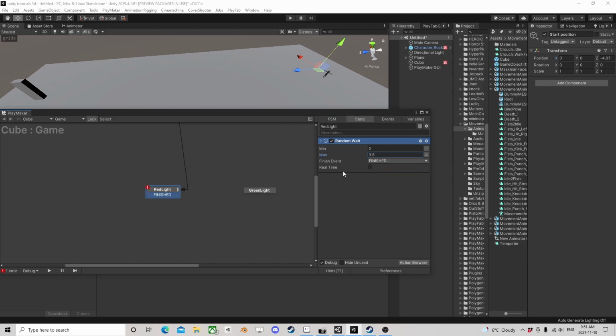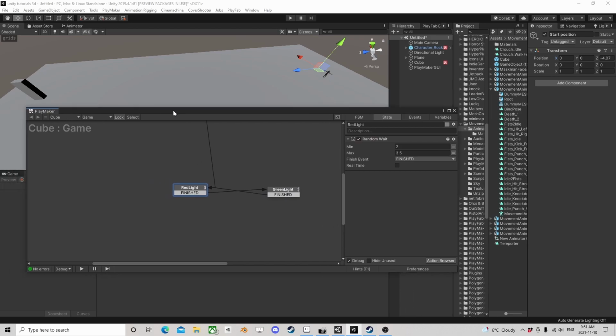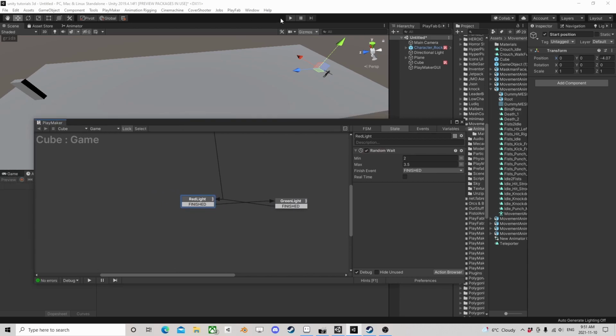I'll call that a finish. And then we can just go over to green light. And then green light, we can come back and just come back over here. Right? Now, obviously, there's certain things we want to do in there, but just that simple logic, we should now see